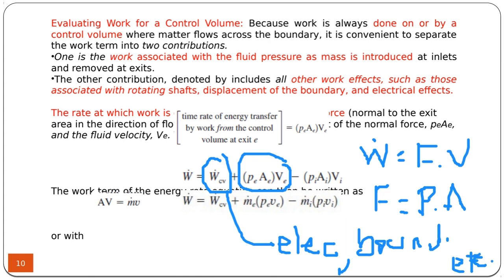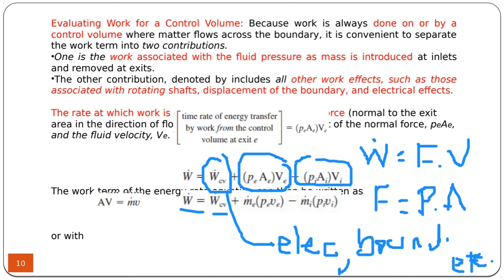So if we combine the work under the boundary, the work of the control volume, plus the work at the boundaries due to the pressure, then we have a situation in which the total work is composed of work done in the control volume, such as electrical work and boundary work, etc. Plus